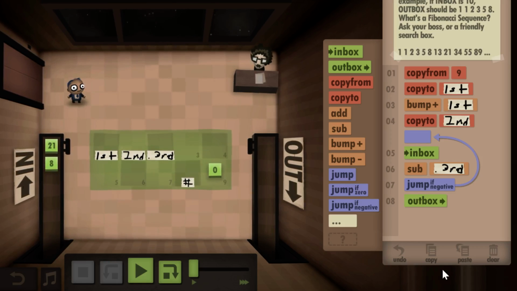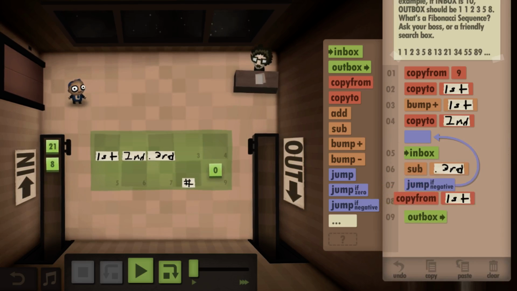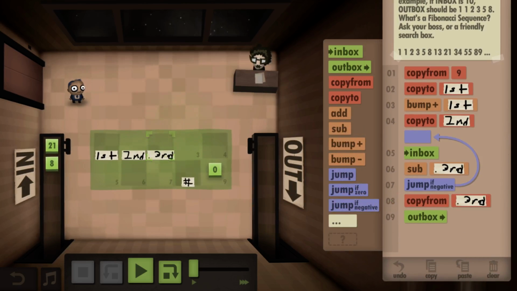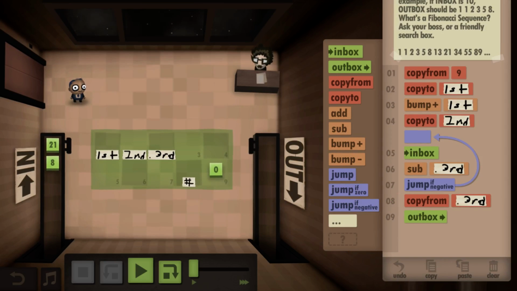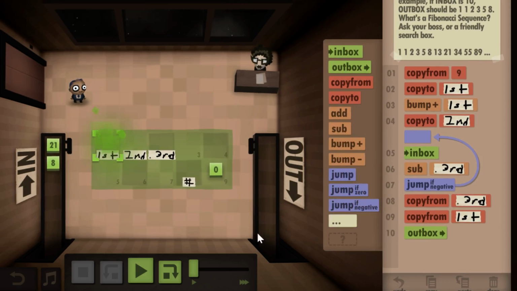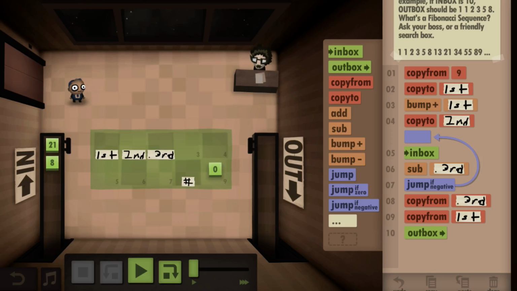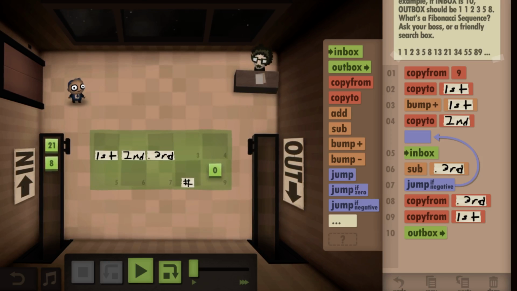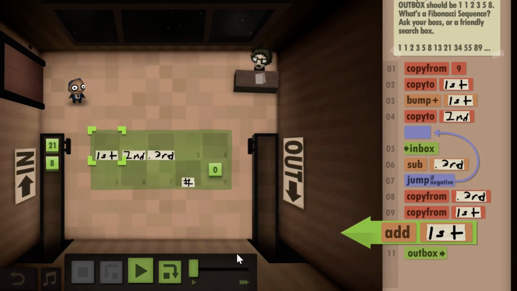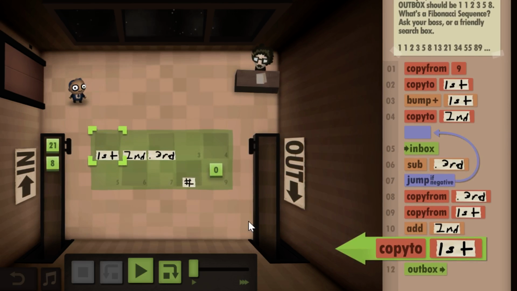But if positive, we outbox, we copy from third, and then we outbox that. Then we copy from first and add it to second, and then we copy it to third,